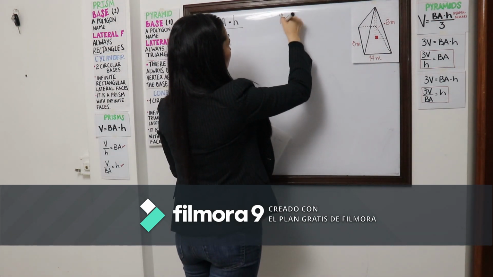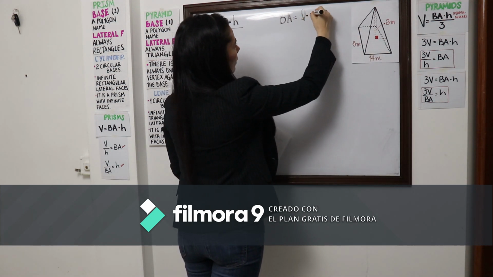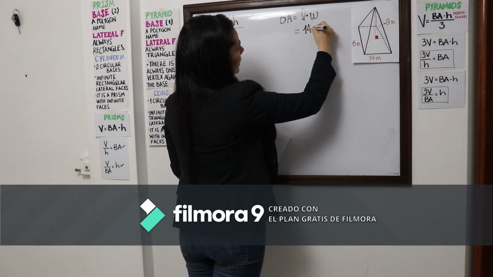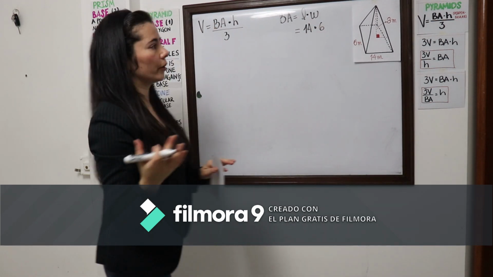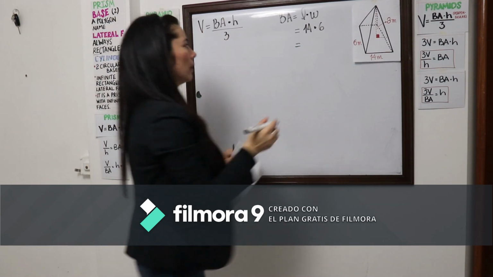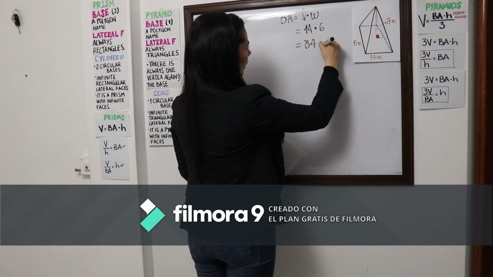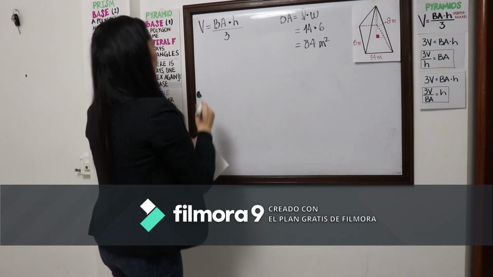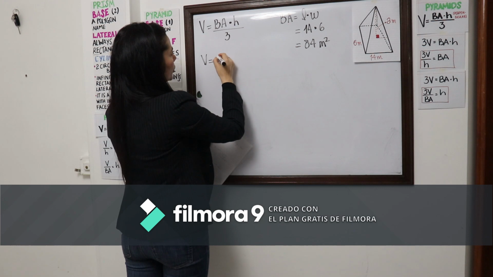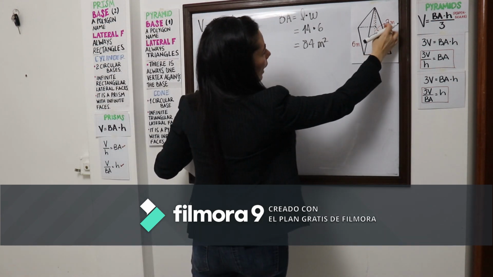Now, I need to find the base area first, of course, as before. This is a rectangle, so we know it's length times width, which is 14 times 6 or 6 times 14, depending on how you see the rectangle, right? And that, of course, is going to be 60 and 24, that is 84 actually, square meters. So here I'm going to have the base area, which is 84 times the height. As you can tell, the height here is 8